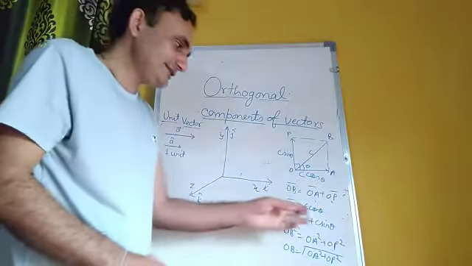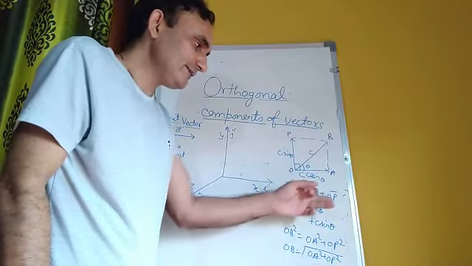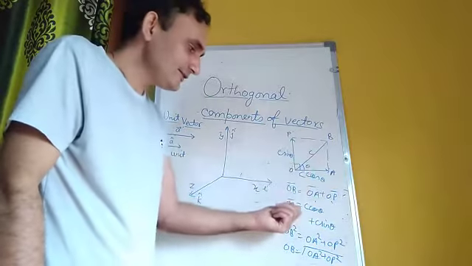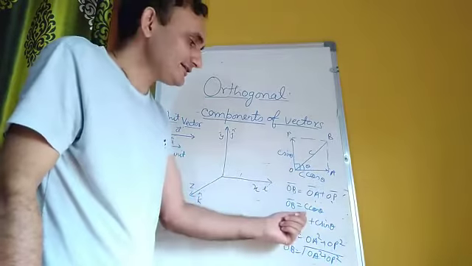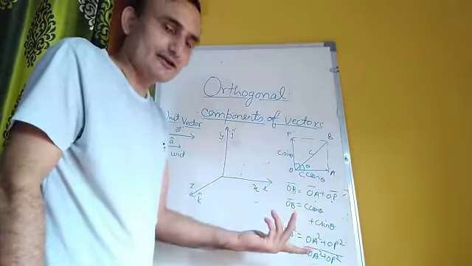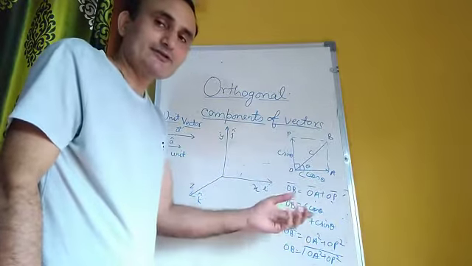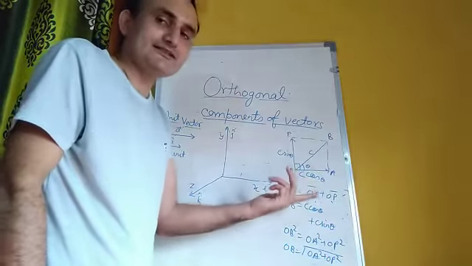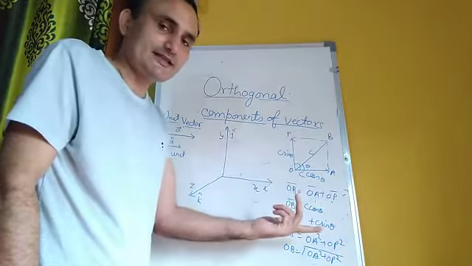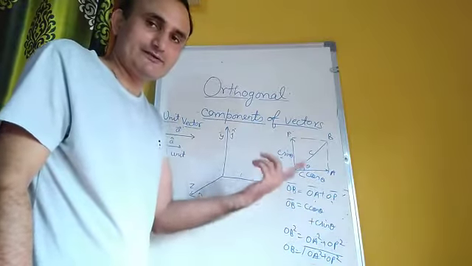But if I write only c cos theta plus c sin theta, it is again like writing OA plus OP without vector signs, because these are just numbers. They are still not vectors. C cos theta is just a number, c sin theta is also just a number. It is not a vector. So how do we convert it into a vector? Because c cos theta is just a length, c sin theta is just a length, but on this side we have a vector. Only a vector can be equal to a vector.